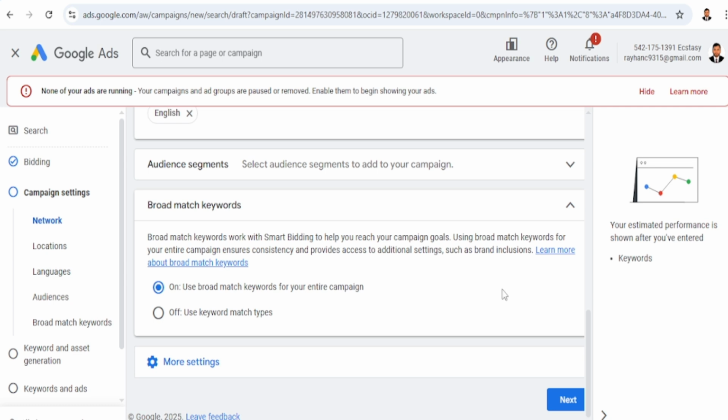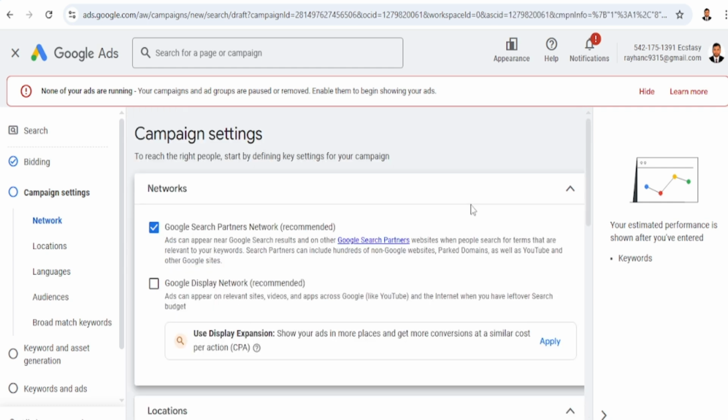So, why is schedule important? Well, think about it. If your business operates mainly during specific hours, let's say 9 am to 5 pm, there's no point in showing your ads late at night when your target audience is not active. Google Ads schedule lets you fine tune your ad delivery to match your audience behavior, saving you money while boosting results. Google Ads dashboard,